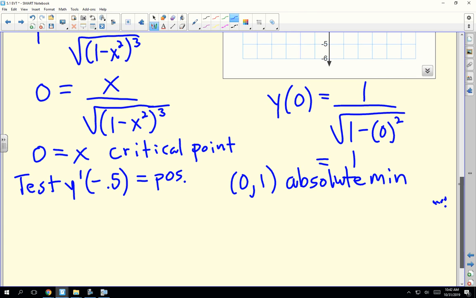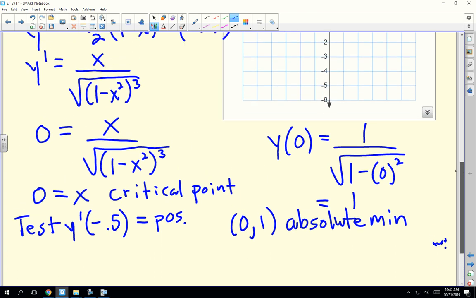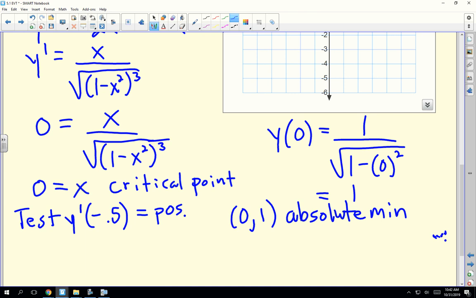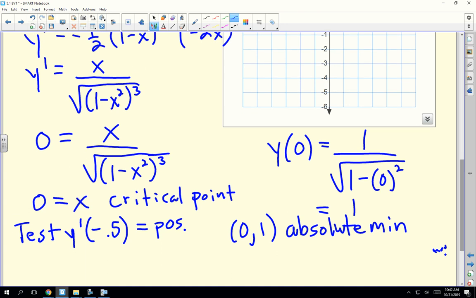Then if you check x y prime at negative 0.5, if you check the derivative with 0.5 in there, the bottom's always positive. So the top's negative, the bottom's positive. Top's positive, the bottom's positive. Oh, actually, this is negative here. Sorry. You wouldn't need a calculator. You're right. So this would be negative, and then if you test y prime of 0.5, you would get your